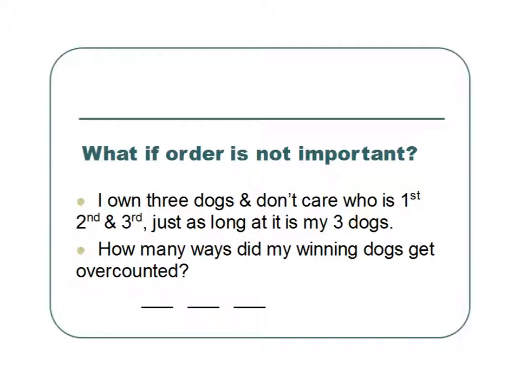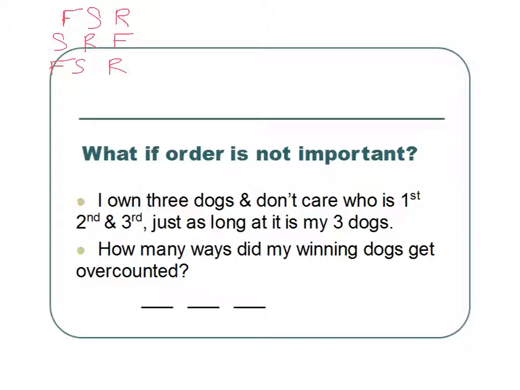In other words, if on that previous one I had Fido winning, and then Spot, and then Rover, to me, that's the same as if Spot and then Rover, and then Fido won. I'm going to win the same amount of money there. Or Fido, and then Spot, and then Rover is still a winning situation for me. Back to our question then, how many ways did that scenario get overcounted? Well, I just wrote a few of them, but if you think about it,